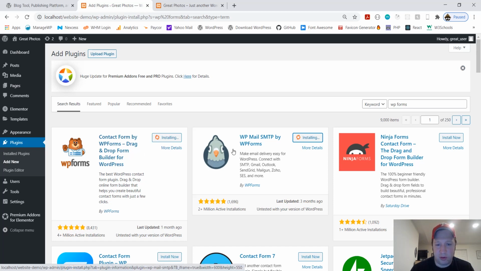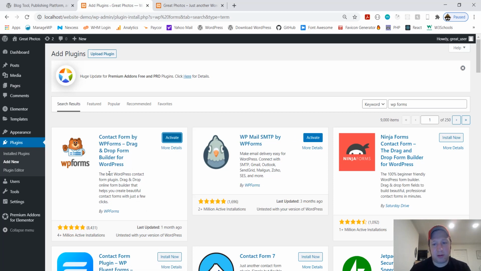Because sometimes sending an email from a website is one of the hardest things to do, even in 2021. For whatever reason, it has to do with spam, especially if you have a Gmail account, a Google email account, and you try to send an email from your website to your email. Sometimes it gets rejected for whatever reason that's beyond my knowledge.